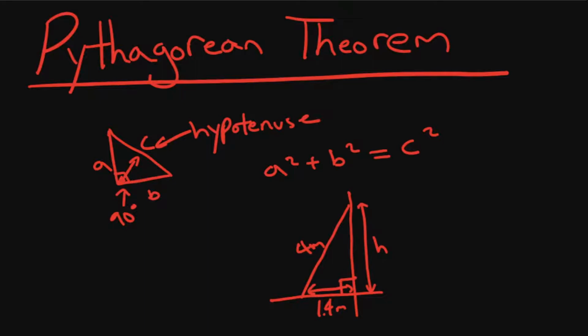We know that 1.4 meters and h are the two sides that come up to become the right angle, so we have 1.4 squared plus h squared equals 4 squared, because the hypotenuse in this case is the 4 meters, the length of the ladder. And if we were to start simplifying or solving, then we will eventually get to